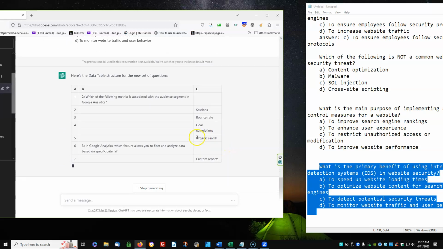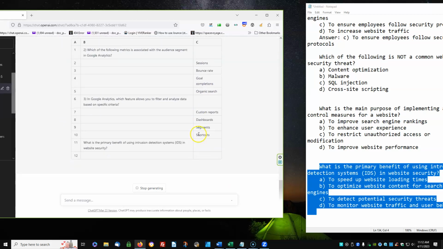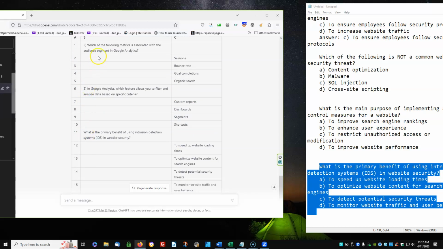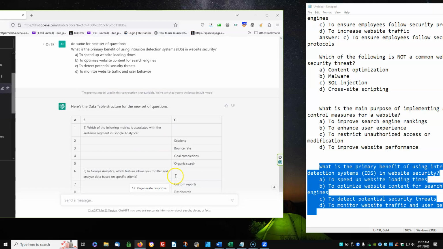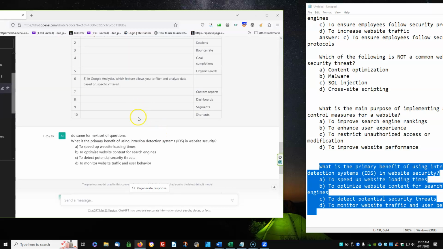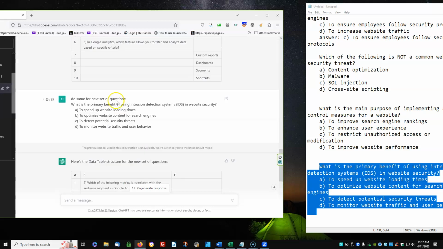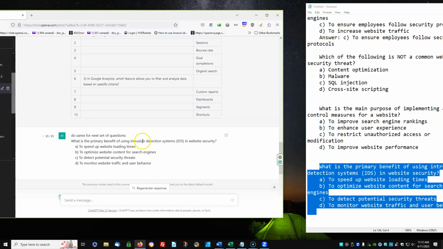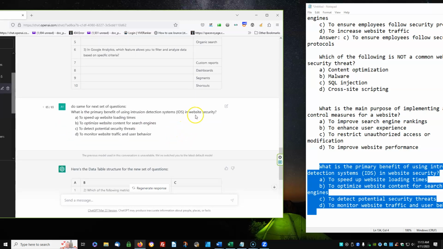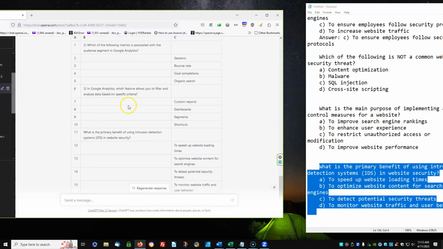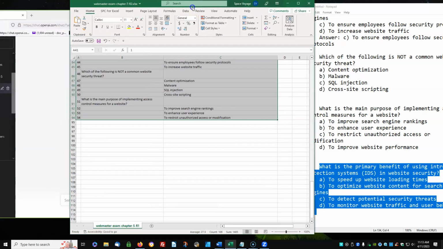And it's correct again. Sometimes it doesn't. Sometimes it doesn't recognize the columns in the data table. Sometimes it will give letters here, A, B, C, D. See here, this one didn't give a number, but this one gave a number, which basically means that, wow, that's weird, because all I did was ask it this one question here. What is the primary benefit of intrusion detection systems in website security? And it gave me some other things. We don't care about the other things, because when we look at the data table,